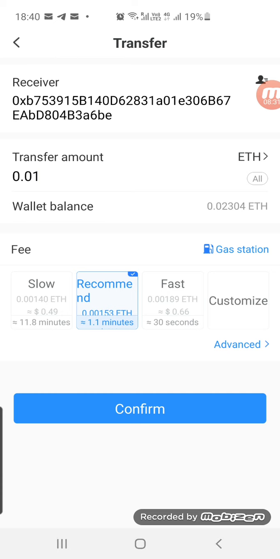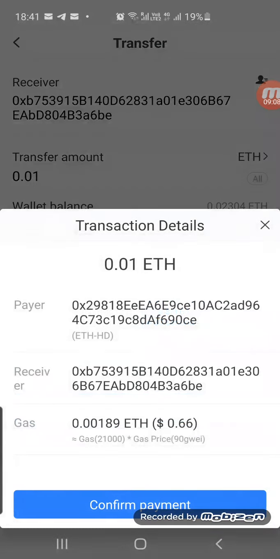So here it will say I've got three choices. One is slow, one is recommended, and one is fast. If you are not in a hurry, we should always go for the slow one, because why do we want to pay high gas fees, network fees? But since I want, because here out, if I choose the slow option, it'll take just 0.49. It's a percentage basically, and if I will take the fast one. Okay, I will click on the fast one and I will say confirm.